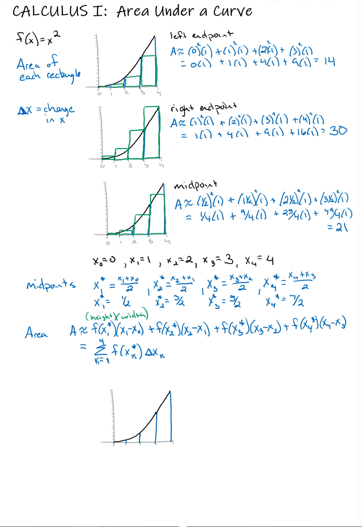All right, now what we'll typically do is we will let all of these delta x sub k's be the same value, delta x. In fact, the easiest way to do this is to take the whole interval, and in this case, our interval goes from A to B. So A is x0, B is x4. So take that whole distance and divide it by n, and do this for all k. So each interval is the same width, and this gives us the width